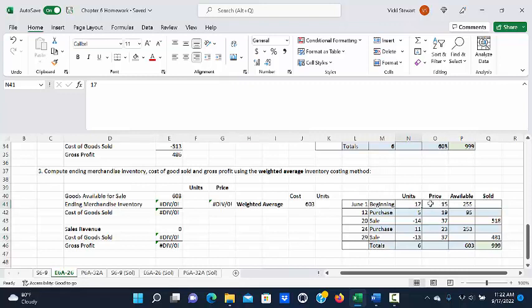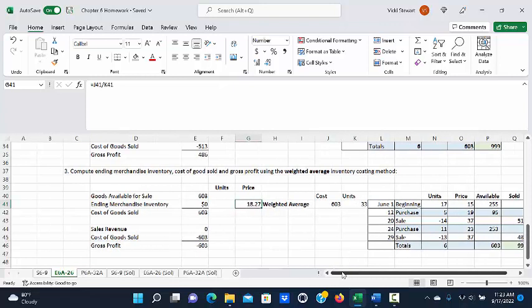So we take our beginning inventory, which was 17, we add to that the 5 purchases, and the 11 items that we purchased. So we had a total of 33 items in our inventory. Dividing 603 by 33 units gives us a weighted average unit price of $18.27. And that is the amount that we will multiply by our ending inventory items, which were 6, to determine ending merchandise inventory of